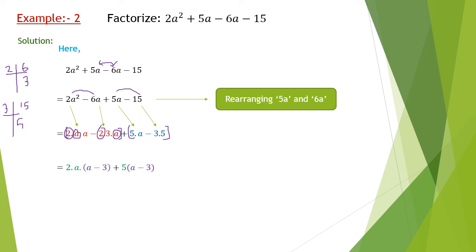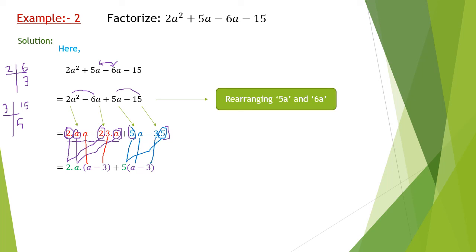from the first two terms. 2a is common. You can see 2 is taken from here, and a is taken from here and here, you can see by the arrow. 2a is common, so the remaining is a minus sign and 3. You can clearly see the remaining value, and from the last two you can clearly see 5 is common. This 5 we can write right here, and the remaining is a minus sign and 3,